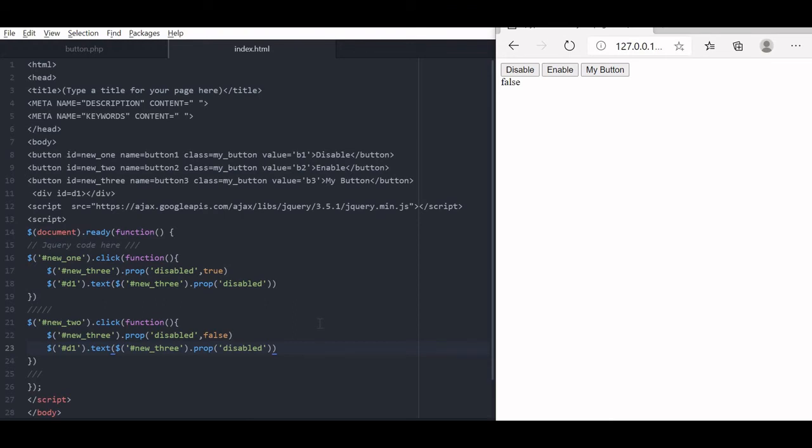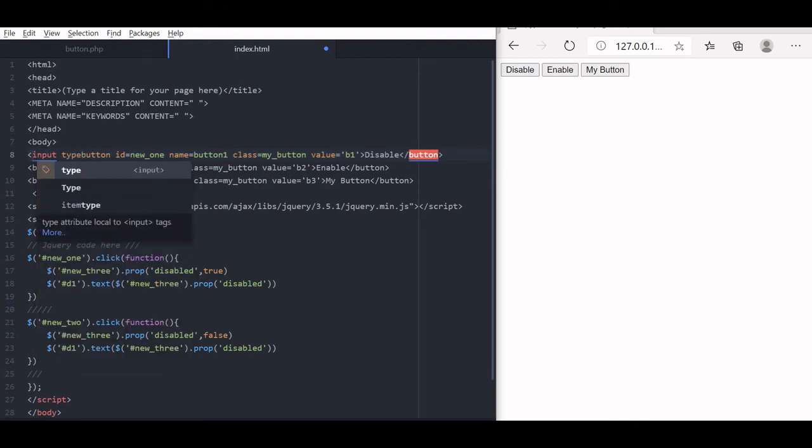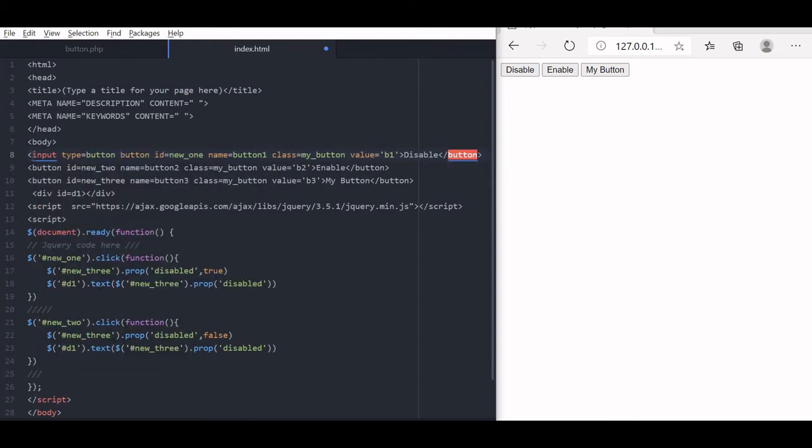Now, we will move to our next step. Okay, we will read the text on the button and manage it. For that, we will change our HTML part a little bit. For the first button, input type equal to button we will use, and the ID let it be the same. Name anyway we are not using, and class, so let us delete it. Value is B1. This part is not required. Okay, so value, let us say button 1, fine. But the second one will keep this one, and there is no need for value.